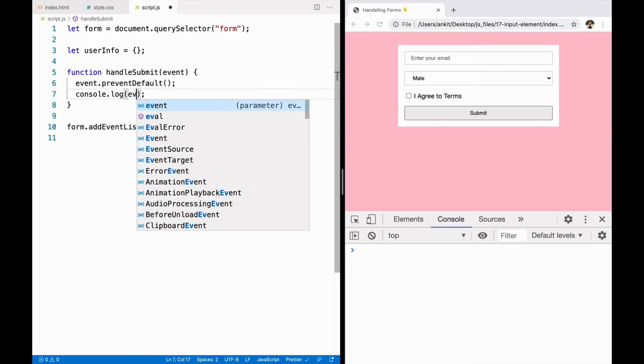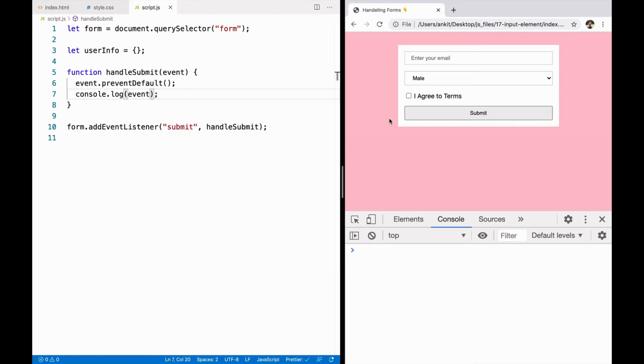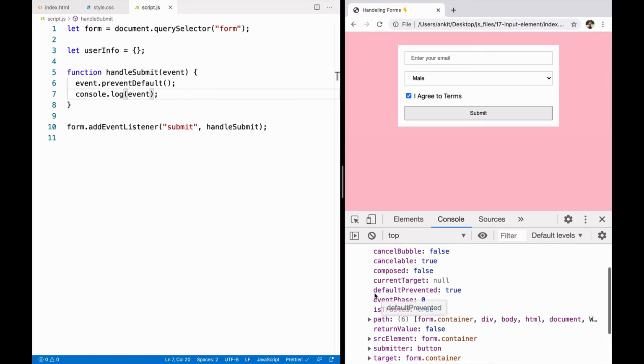We'll log the event and see whether it is working or not. We'll click on submit and we can see the console message now. Every event object has a property called defaultPrevented, and it will either be true or false based on whether you have prevented the default nature or not. So never forget to prevent the default nature of a form whenever you want to capture user information.